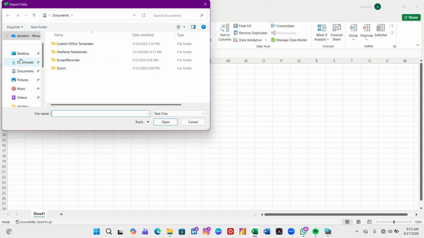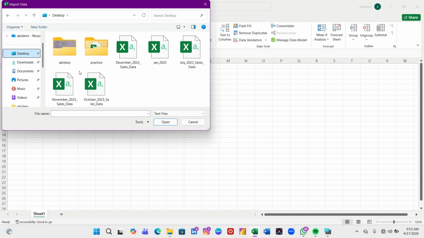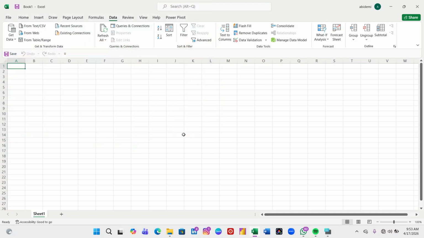So I've gotten to the point where I will be selecting the data I want to clean. The data I want to clean is the July 2023 sales data. So let's quickly import that. It's loading,